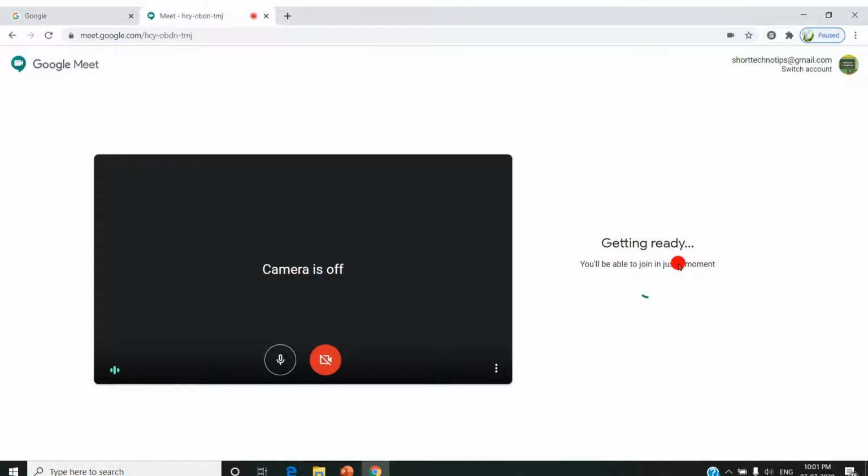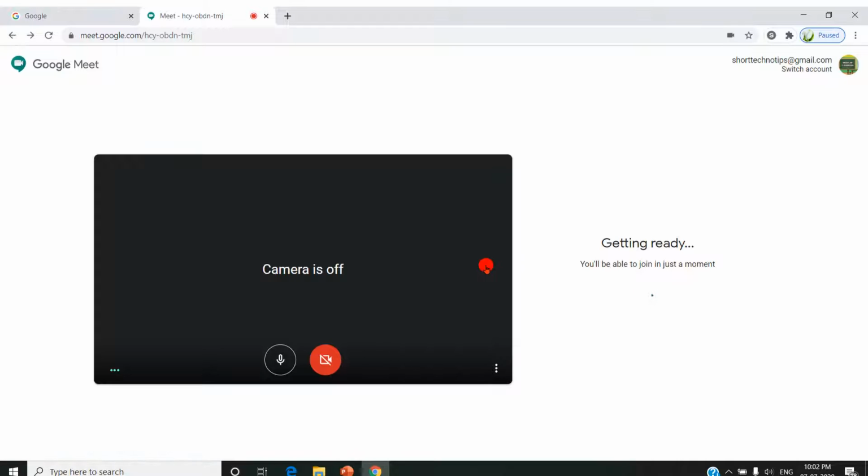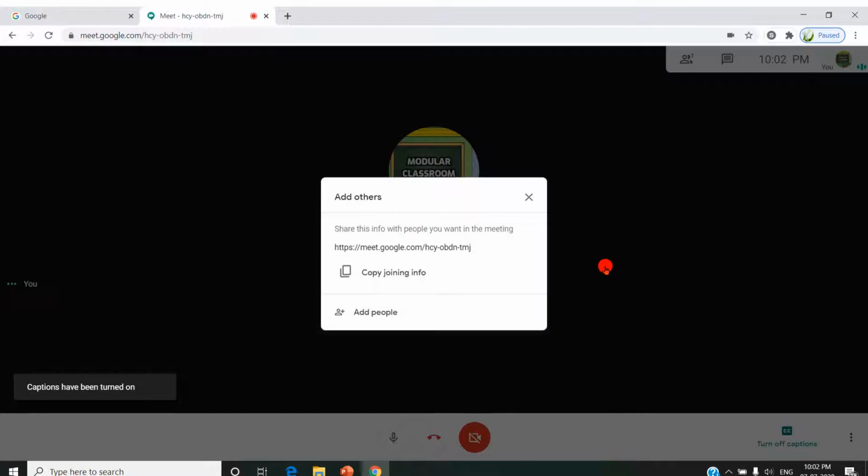After joining, we can copy the meeting information and pass it to the participants through mail. Now the Join Now tab is open. I'm clicking on Join Now. Now we have entered the Meet platform.